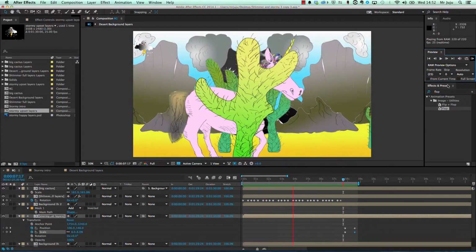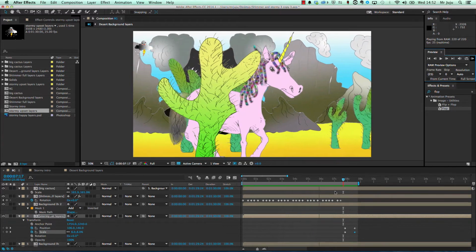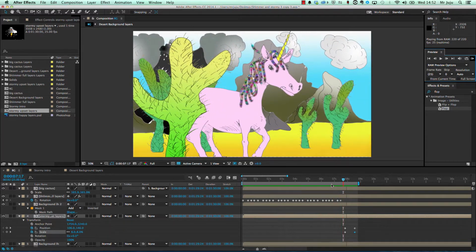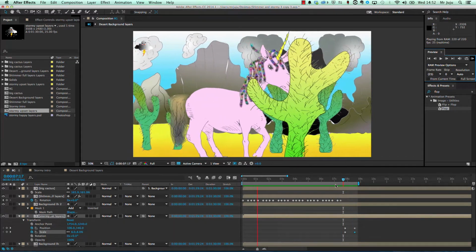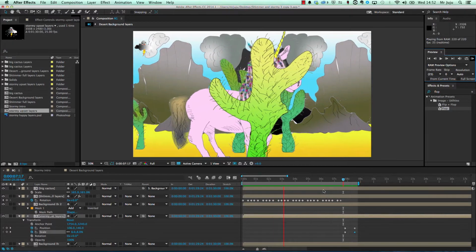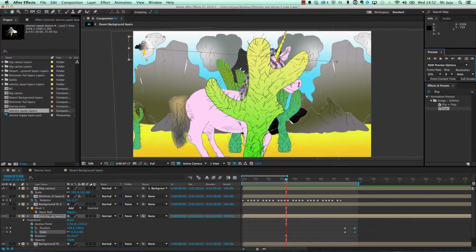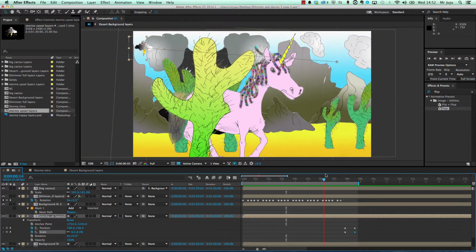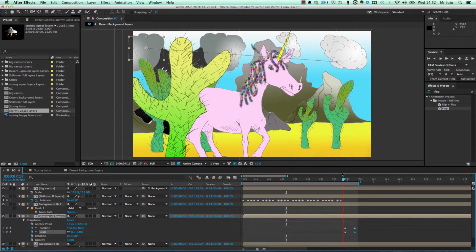Now, a way we can get rid of him so he only shows up on the second bit is very simple. I can basically go to the point at which I want him to appear there, and I can go to the Stormy layer and I can just trim the layer back so that the layer doesn't exist before that point. And now hopefully when I do a RAM preview,